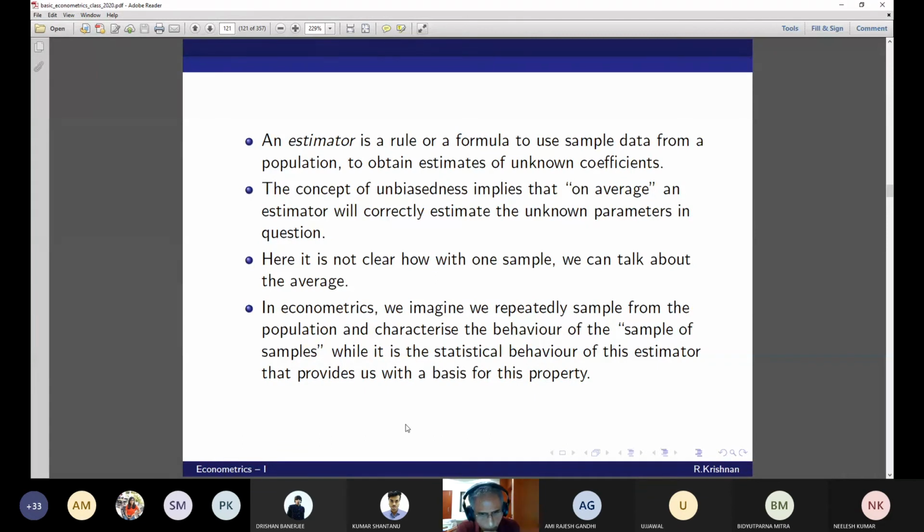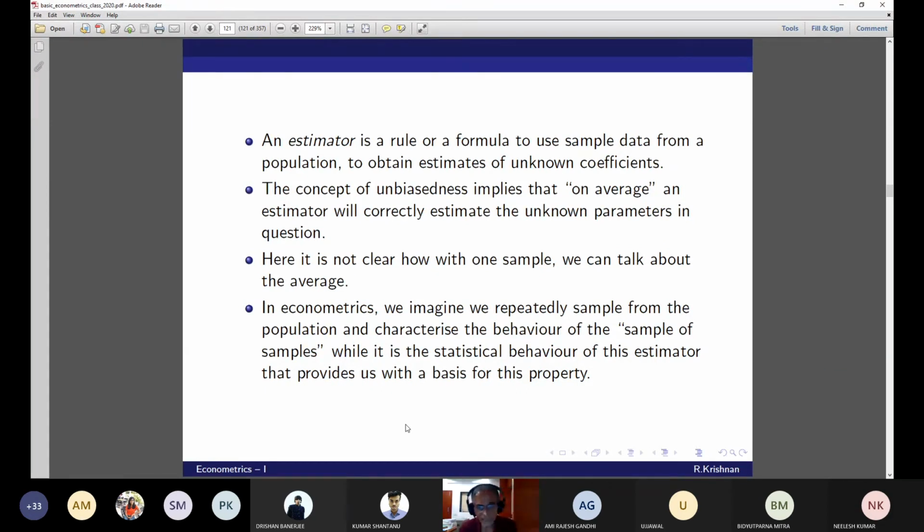Because you have to understand conceptually what is happening in econometrics. What do you mean by this? Most of the time you have only one sample, and you have estimated the unknown coefficient vector beta, which is say B in our case. How can you now talk about the expected value of B? How can you talk about the average or the mean when you have only one sample value? This is the conceptual experiment.